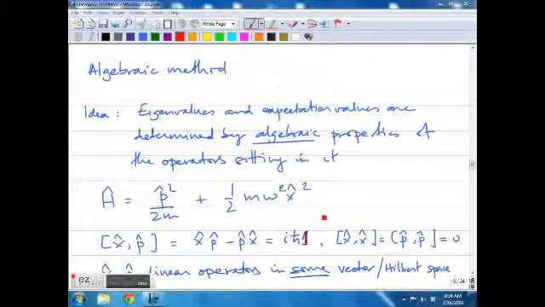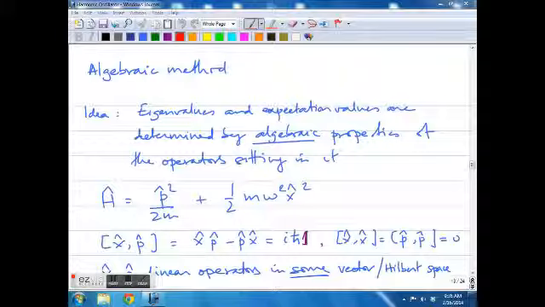Now we will solve for the eigenvalues and eigenvectors of the Hamiltonian of the harmonic oscillator using a completely different method, which is an algebraic method. So unlike in the last section where we used the methods of analysis, namely thinking of a differential equation and its solutions, in the algebraic method one focuses on the fact that you have a linear operator which itself is